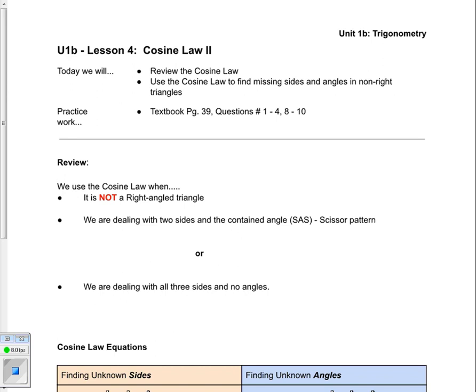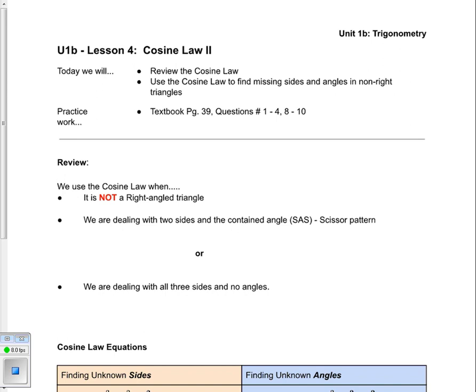We're going to look at cosine law part 2. Again, a review of what we've talked about in terms of using the cosine law. Really important to know that we can use the cosine law under the following conditions. One, it's got to not be a right angle triangle. So none of the angles in the triangle should be 90 degrees, and if that's the case, then you can